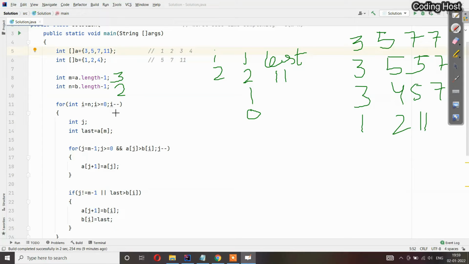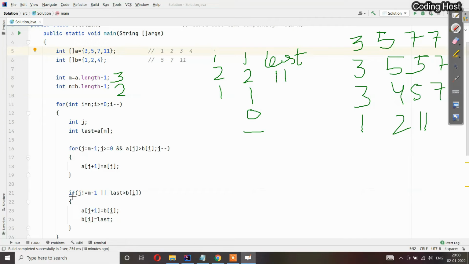After that, I minus minus, so I will become 1. And then it will check here that I is larger than or equal to 0. Yes, true. Then this j variable will remain as it is, so now it has no value. You can see that I have defined this variable j outside of this for loop. The reason is, outside of this for loop, we have to check this variable j in this if statement. If I define this variable in this for loop, then we cannot check the value of this variable j